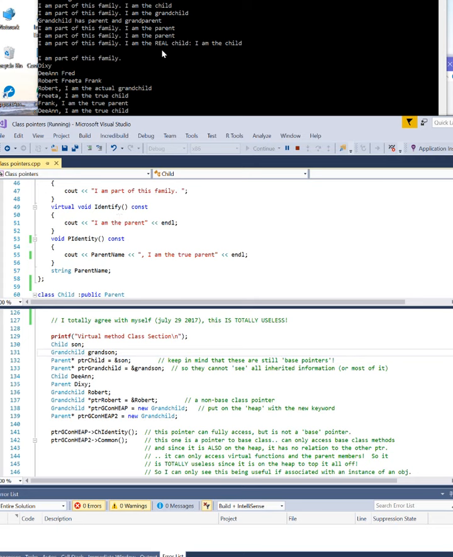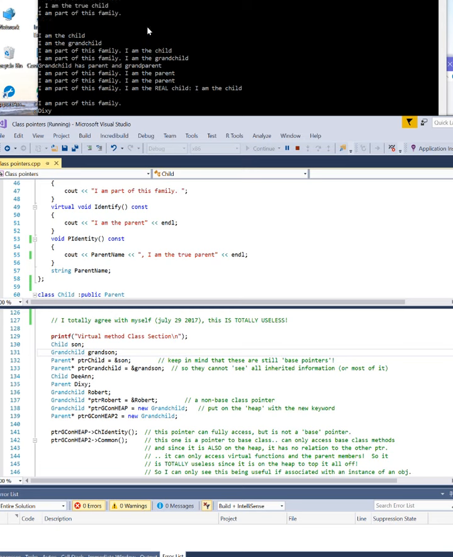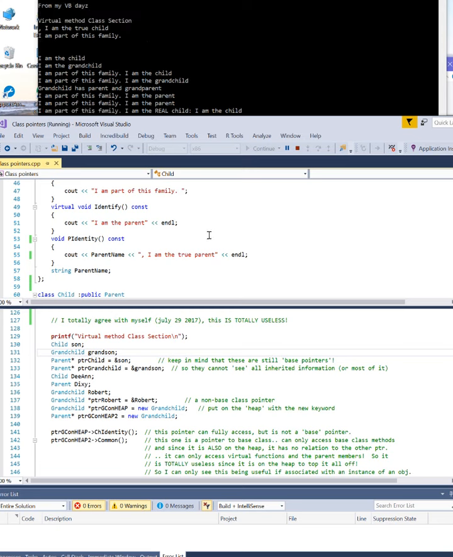I am the parent, okay. I guess it is called here several times. But in any event, I don't know that we need that virtual function,